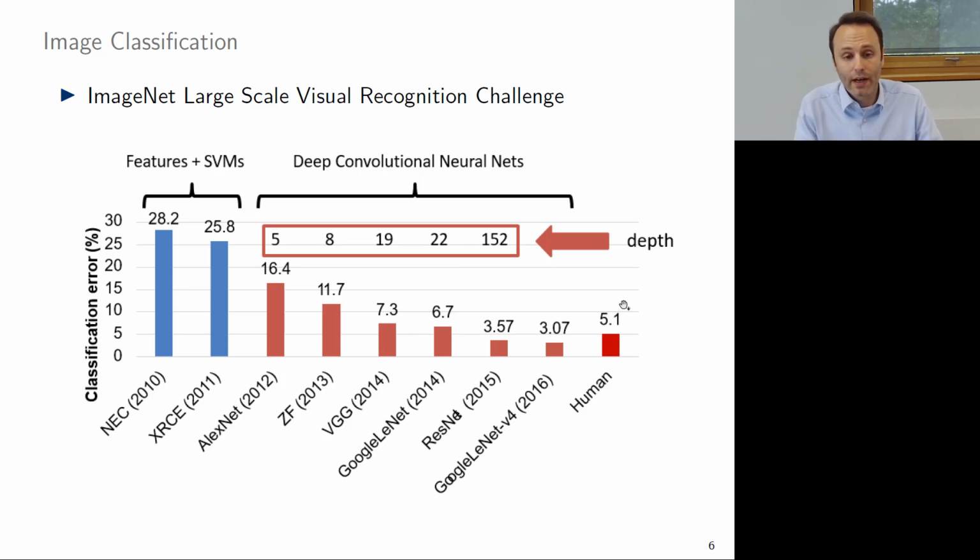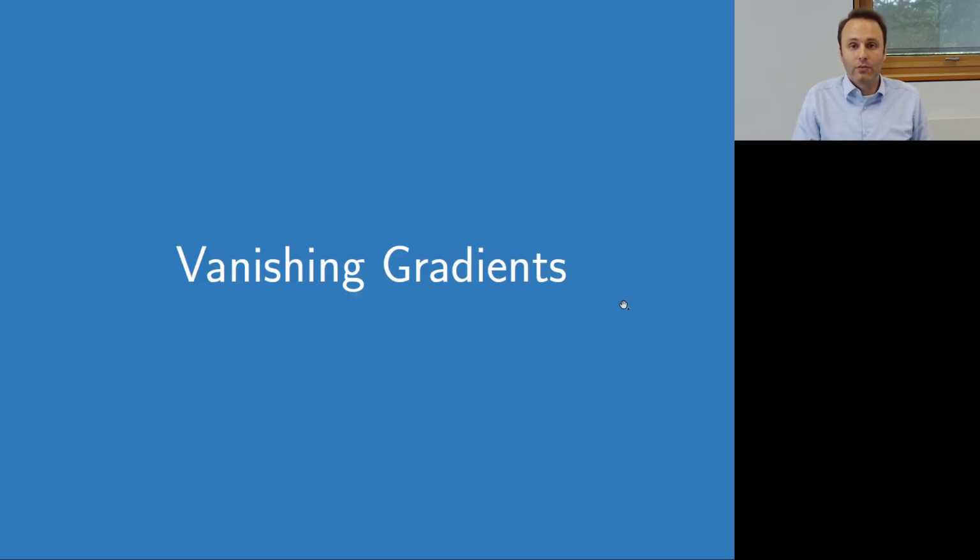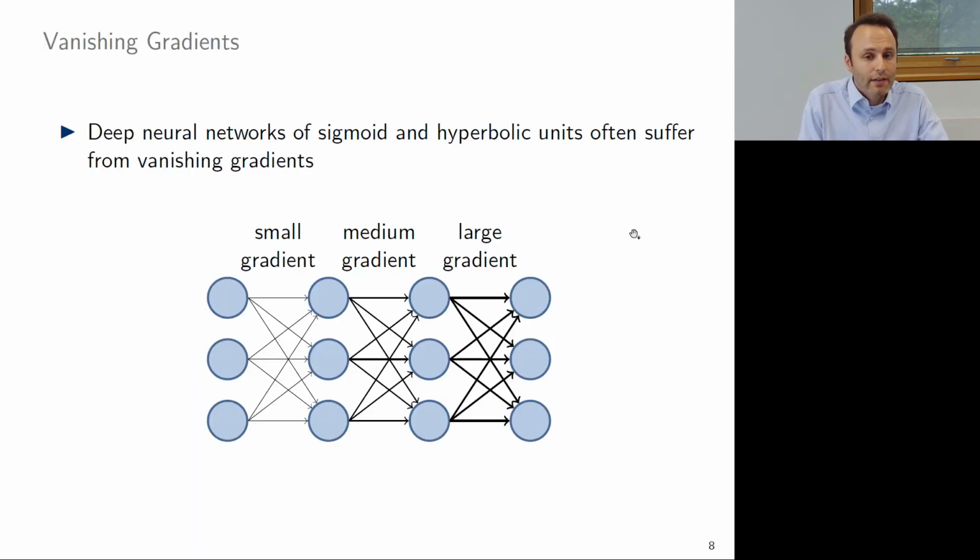Now this is an argument why you should use deep neural networks, but deep neural networks have some challenges, and one of them is how to solve them. So we have seen that we use gradient descent to solve for the weights of the neural networks. However, there is the vanishing gradient problem. Now, what is the gradient? The vanishing gradient problem? If you have deep neural networks and as activation function the sigmoid or the hyperbolic units,